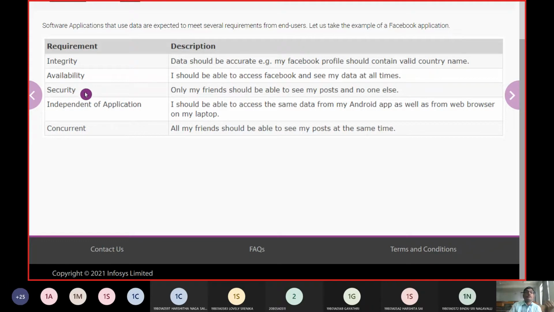So that is going to give you a security, and independent of application. It is not that Oracle Live SQL will work only on a mobile, only on a laptop, only on an Apple OS, only on Android OS or Windows OS. It can be easy to apply for anything, and